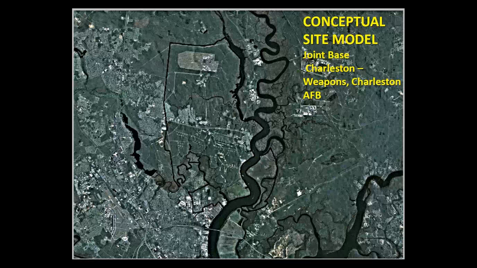Which brings me to where we are. We're on the coast of South Carolina, just inland a few miles. And Charleston is a pretty major harbor. It's the fourth largest container port in the United States. And the Cooper River, which is the larger river you see here in the picture, I'll try to move the little hand along it, is a pretty major container port. A lot of big ships go up and down this river, so this is a pretty major river. In fact, even these little tributaries that you see coming in are pretty extensive.